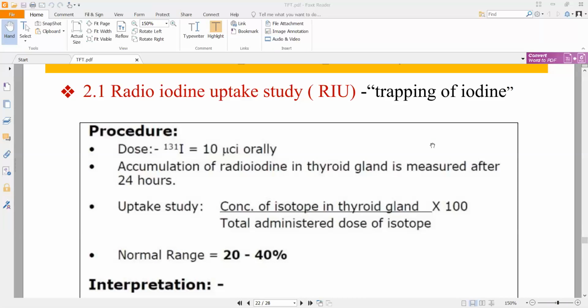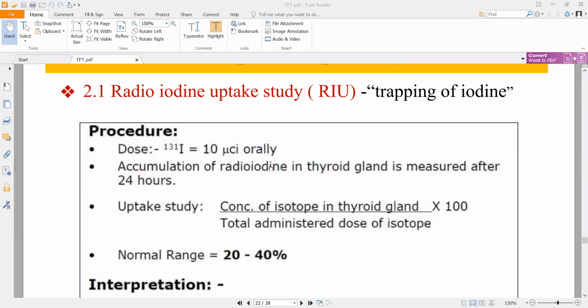When you give a patient I-131, it will light up like a light bulb. Whenever you scan the patient, it will light up. So if you scan the patient's thyroid gland, you will be clearly able to see how bright that thyroid gland is in a specific area. Based on the intensity of the light coming out, you can assess how much concentration of iodine is present. I'll repeat once again.